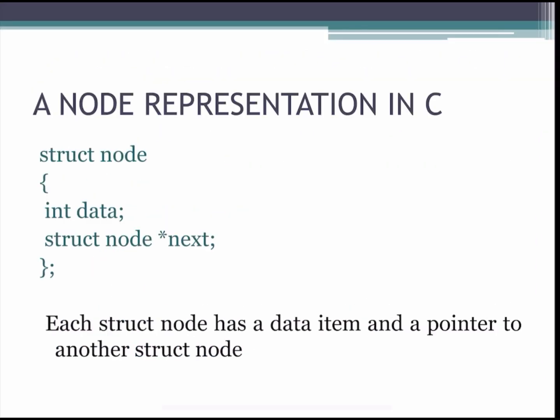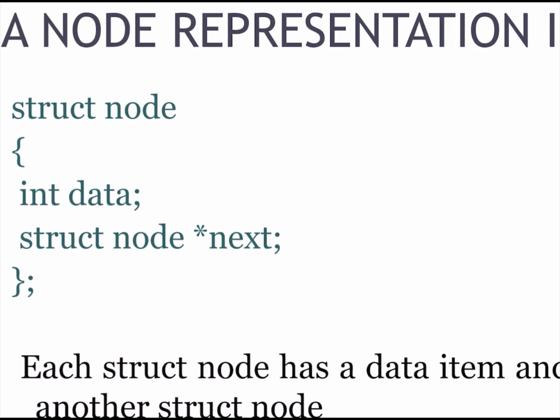So we are using a self-referential structure to create a node. We know that a node contains data and a pointer, which are two different things. We know that when we have to combine two different things, we are using structure. So here